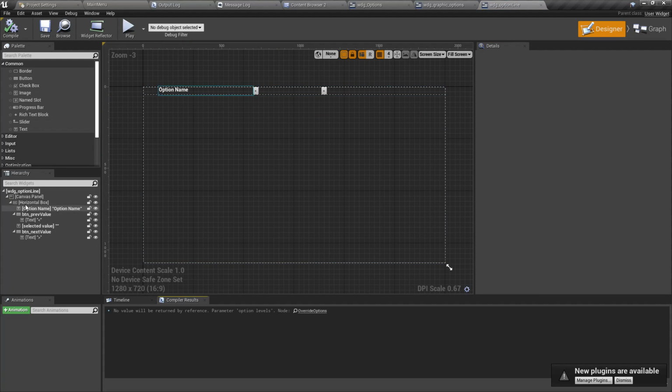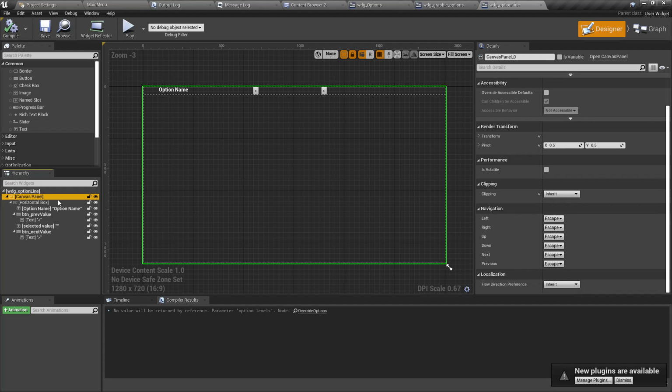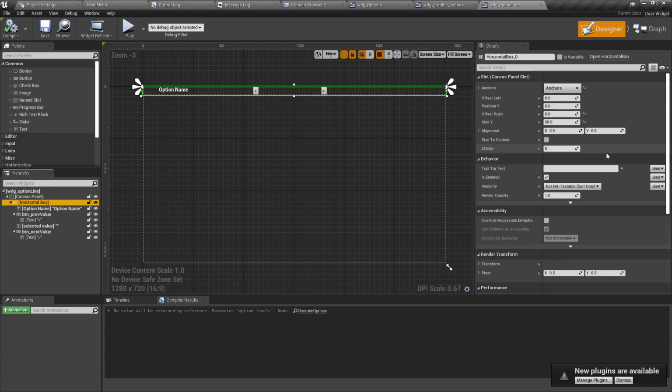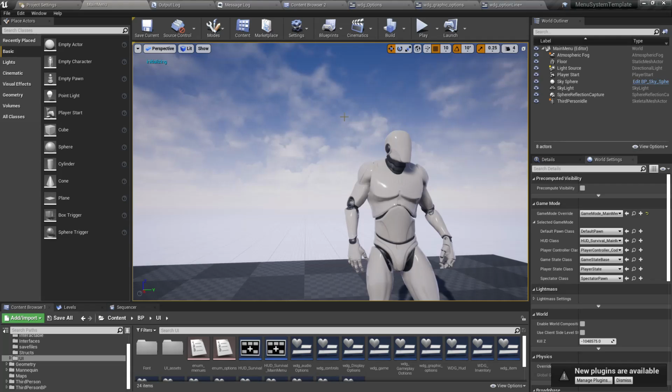So if I make this focusable, where can I set it focusable? Right, if I enable this focusable here, let's see if we get